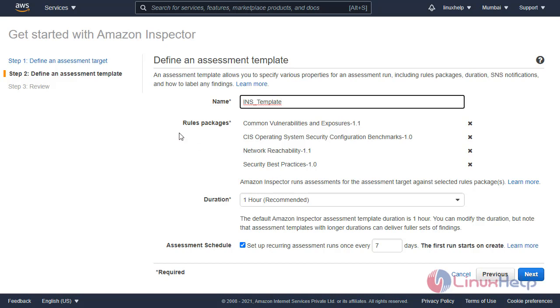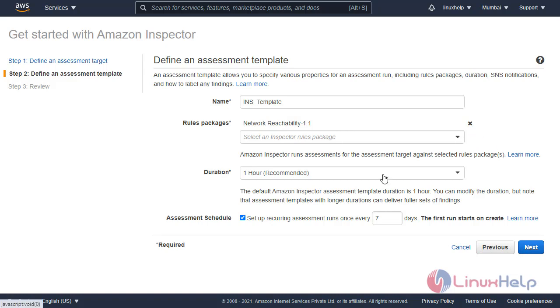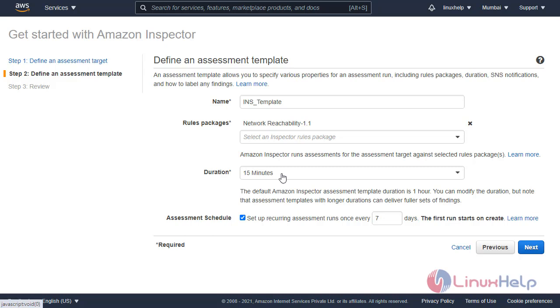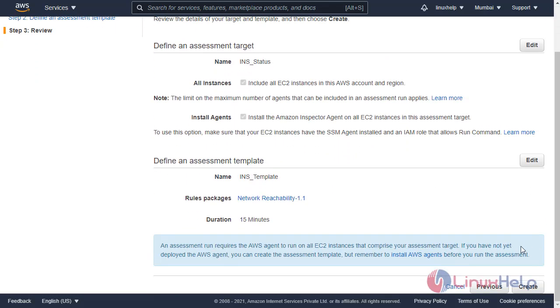Here I am only enabling the rules package for network reachability, and I will disable all the other things. Then I am changing the duration to 15 minutes. This is the minimum duration, and I am unchecking the assessment schedule. Click next. You can review your Amazon Inspector before creating, then click create.